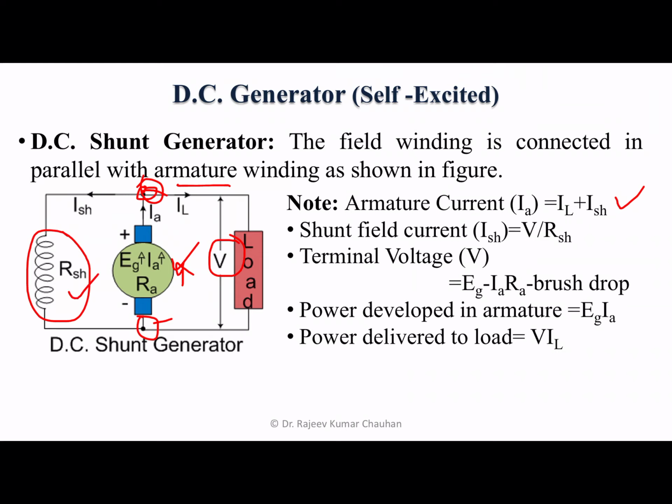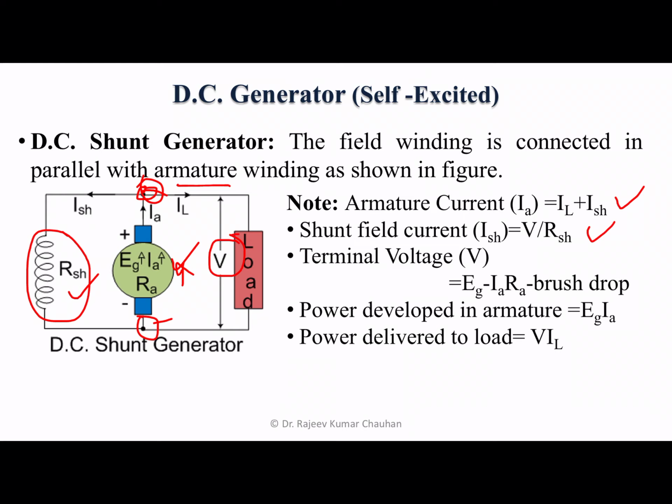So, from here, if we know the voltage and the resistance, as per Ohm's law we can find out the current. So, we can write the expression that ISH is equal to V upon RSH, or the shunt field current is equal to V upon RSH. Now, we want to find out the value of the terminal voltage,